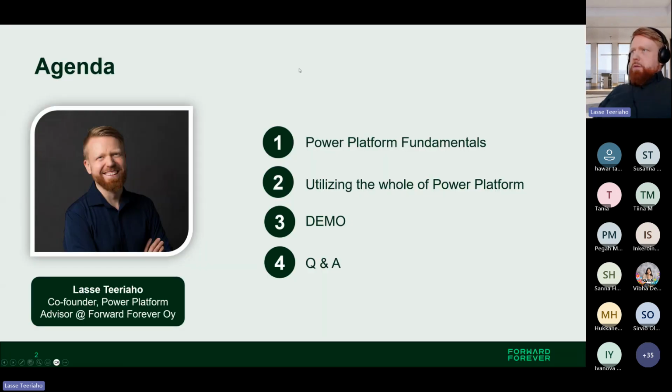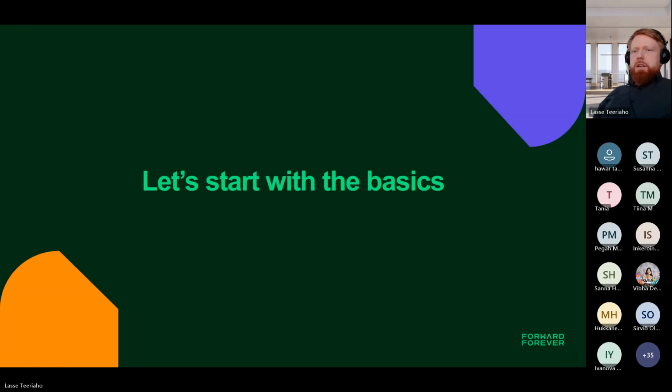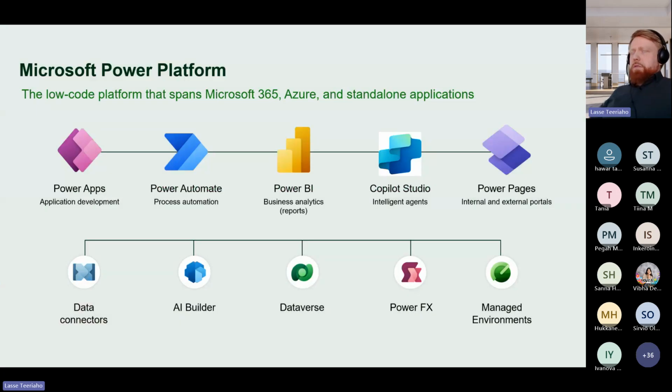So let's start with the basics. Microsoft Power Platform. Hopefully you have some idea what we are talking about here, but it is Microsoft's low-code platform that consists of these 5 technologies. We have Power Apps, Power Automate, Power BI, Copilot Studio, Power Pages, and then we have some supporting technologies behind all of these